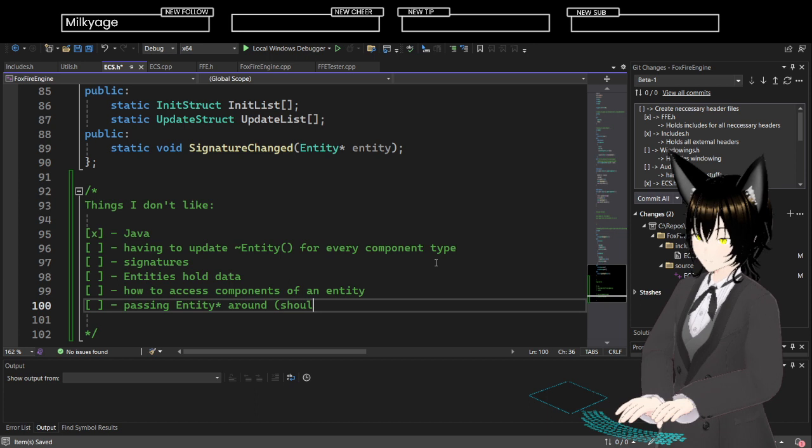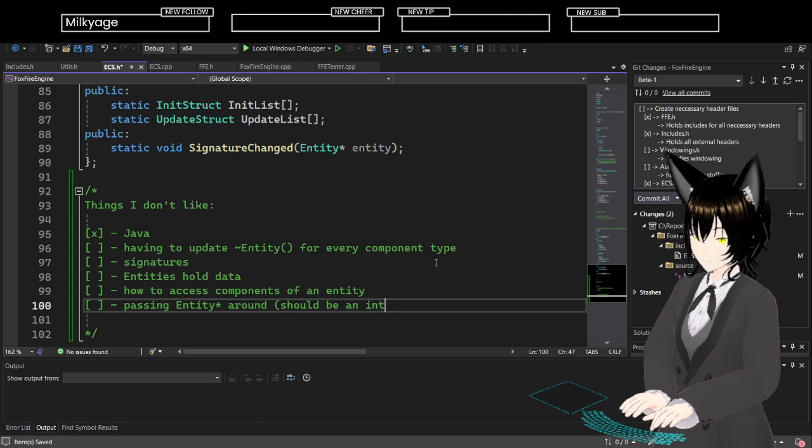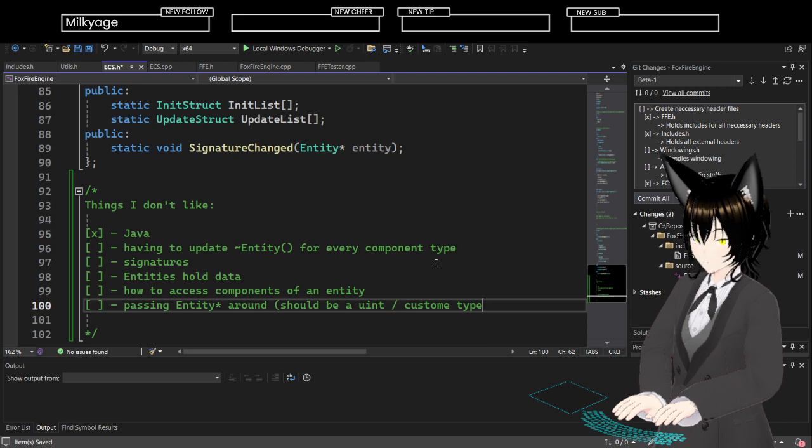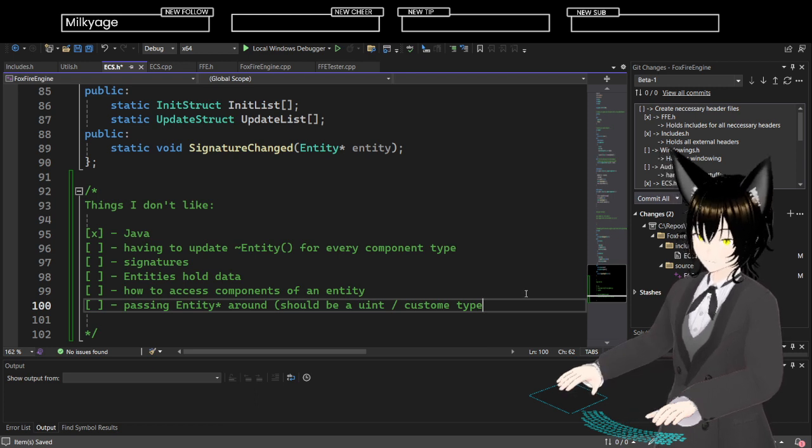It should be an int, a uint, or a custom type, something along these lines, right?